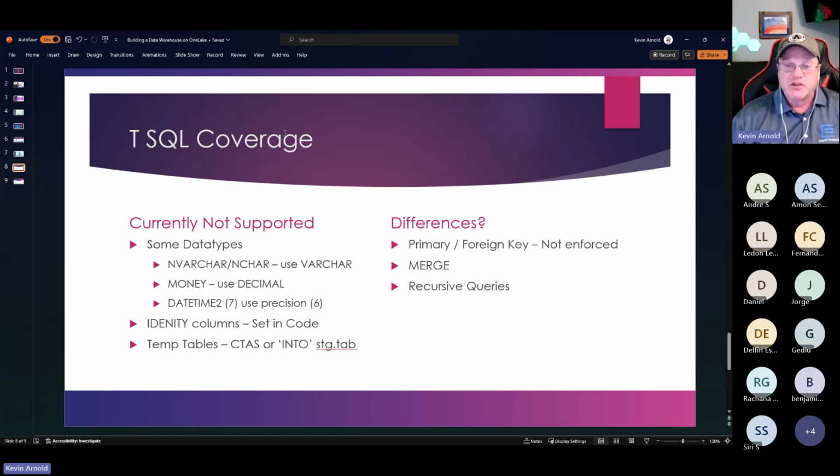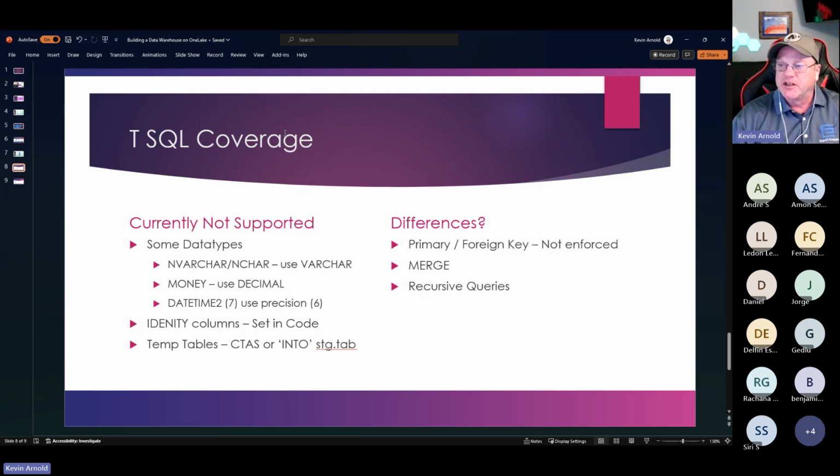A lot of systems we see written in SQL today use nvarchar or nchar, and that's not supported. You cannot create a table with that data type. You have to use the varchar data type. Money is an old data type that seems to be still in a lot of systems that I come across. So here I'm trying to say not only what I found is not supported, but what you could do instead.